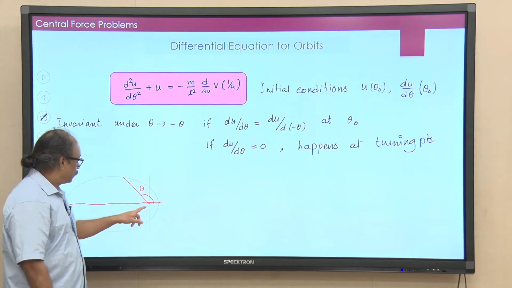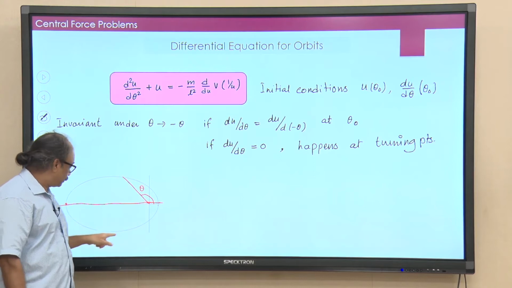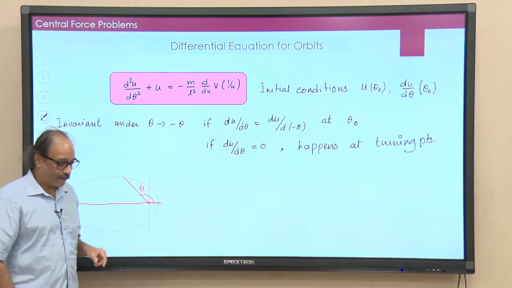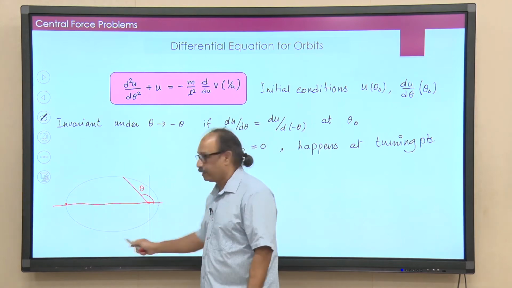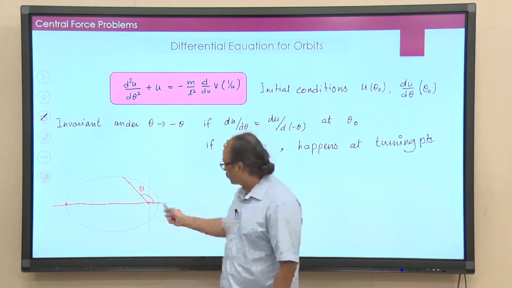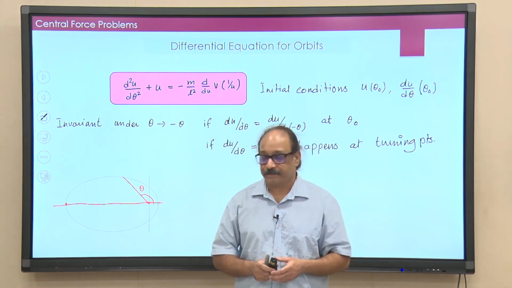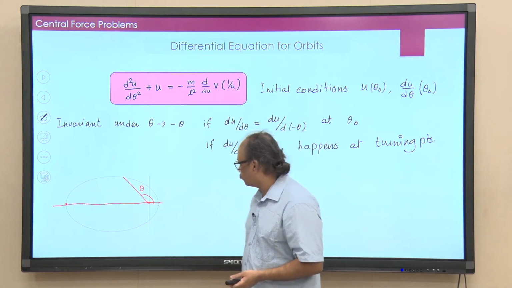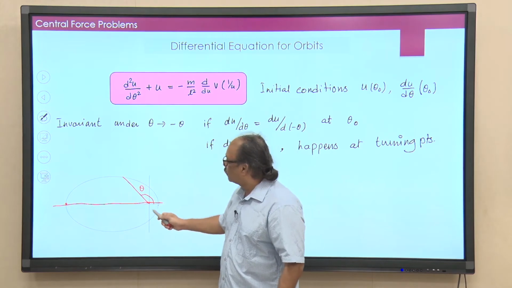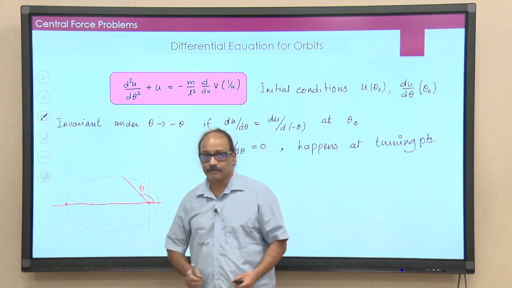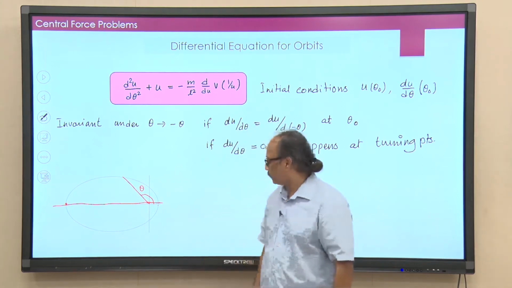But when you substitute theta to minus theta, then the trajectory grows in the clockwise direction. And what it is saying is that whether you go in the clockwise direction or anti-clockwise direction, if you start at the turning point, in both cases you will get the same orbit, and this is what it actually shows. And in fact, in this case the other turning point is exactly opposite of this. So, for both turning points the axis around which you look for symmetry is the same.